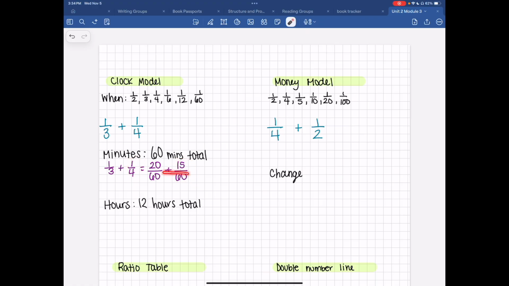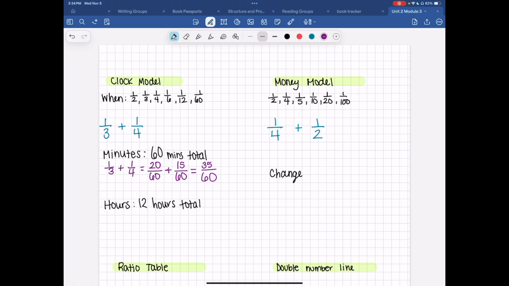Now that my equivalent fractions have a common denominator, I can go ahead and add them, keeping that denominator the same, adding my numerators. 20 plus 15 is 35/60ths. I can also